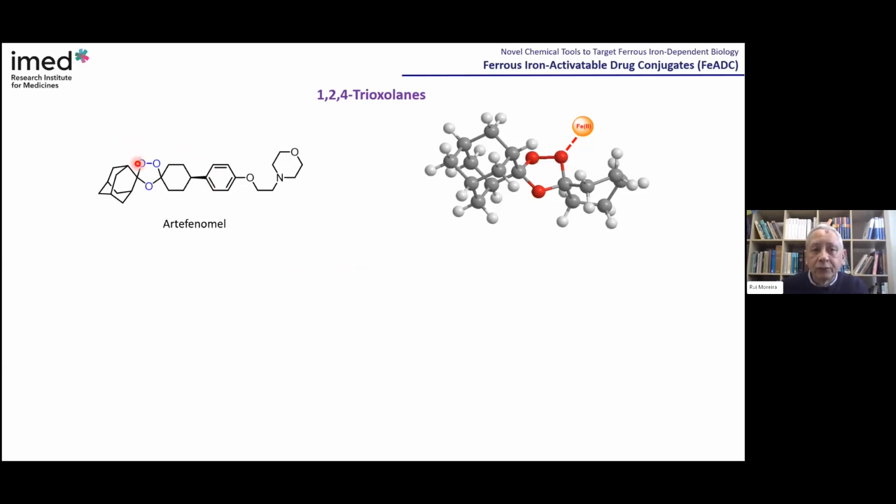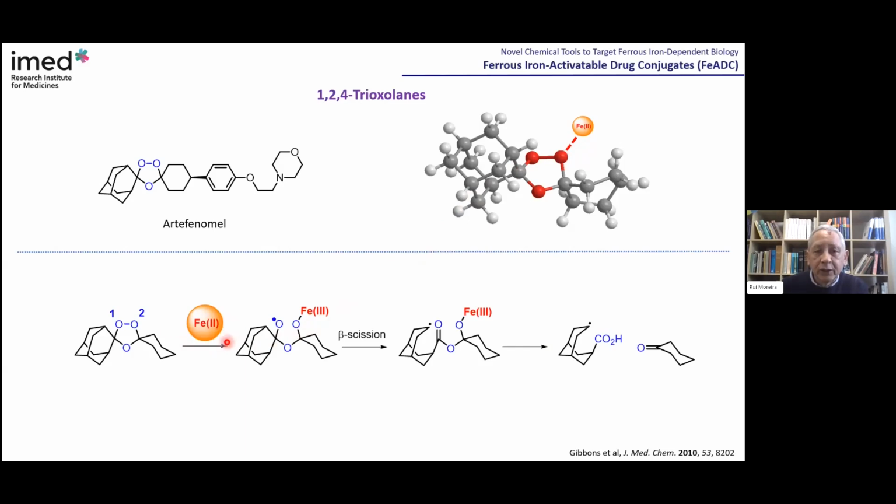One of the classes of compounds that are under clinical trials at the moment are what we call trioxolanes, so a different type of endoperoxide. This compound has been in clinical trials to treat mild malaria. Again, the iron 2 coordinates one of the oxygen atoms of the peroxide function and activates the reaction. Iron 2 reacts with one of the oxygens, generates an oxygen-based radical, which rearranges to a carbon-based radical, which then can react with the parasite's